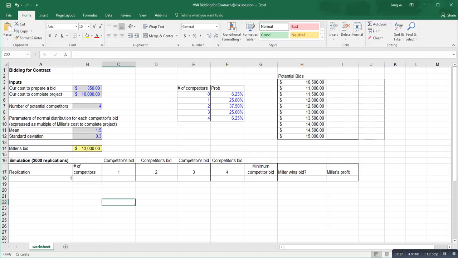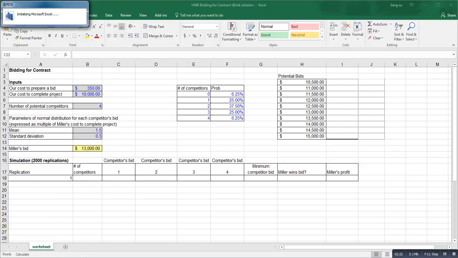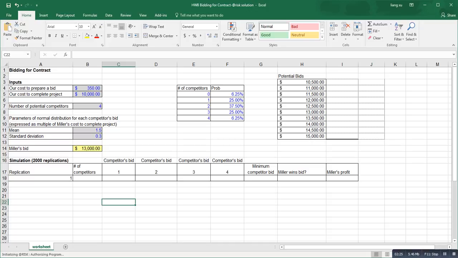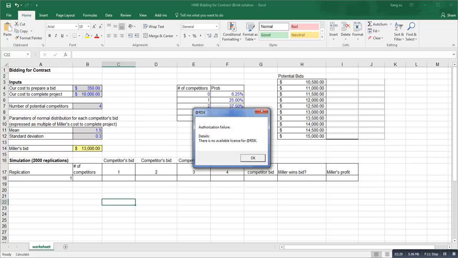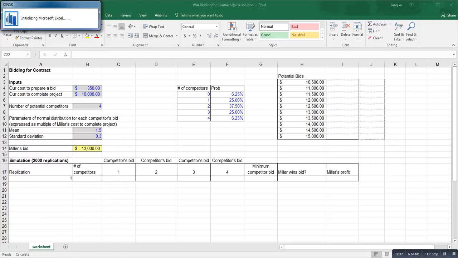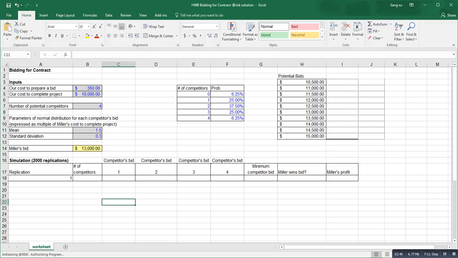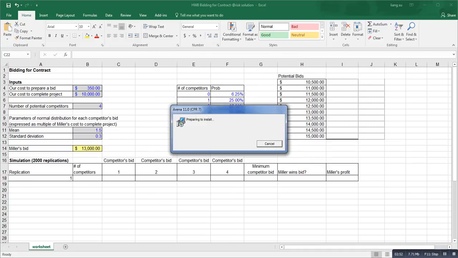Our first step is to load @RISK on our computer. I think I downloaded it, a free trial version, @RISK 7.5. While I'm loading this, I'll briefly talk about the idea behind the simulation. You first generate the number of competitors as a random variable, and then you